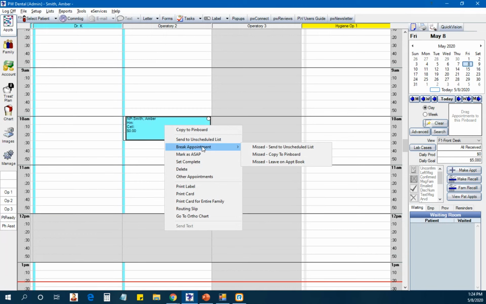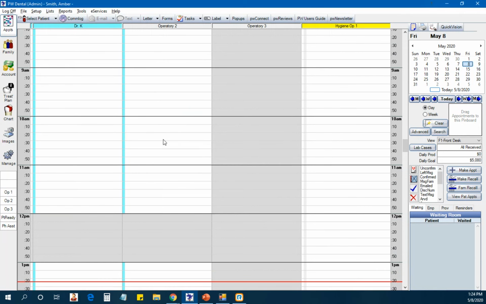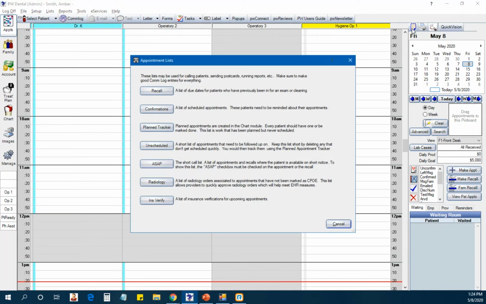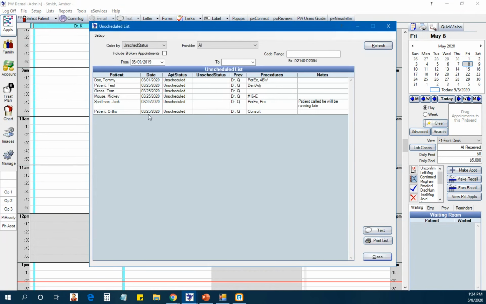I know, unfortunately, a lot of appointments had to be canceled with short notice. But the idea behind utilizing the unscheduled list is that when it does come time for you to follow up on these appointments, you can use the appointments list right here in the upper right of your appointment module, and then use the unscheduled list. And this is that list that we showed you earlier in the webinar. So again, you can choose by date range, based on the date of the original appointment, and then send a text